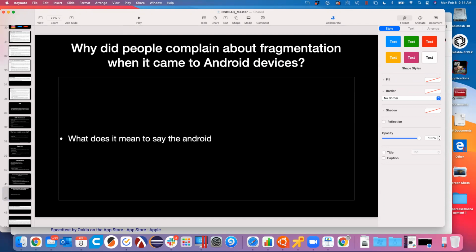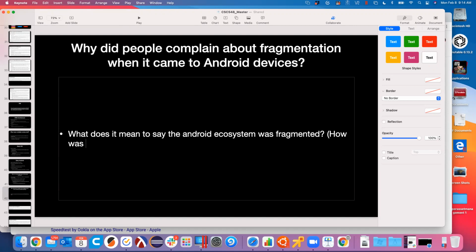What does it mean to say that the Android ecosystem was fragmented? And really, this question could be rephrased and say, how was Apple